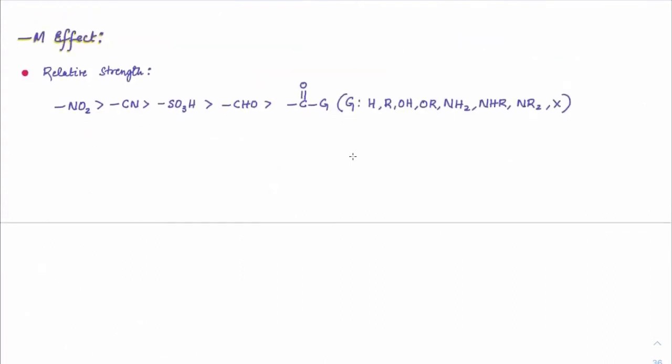Now in case of minus M, again we'll check strongly withdrawing groups here. So NO2 is strongly withdrawing, then cyanide, then SO3H, CHO. This is very much experimental. We cannot discuss more on that. I would suggest you only remember these four: first, NO2, cyanide, SO3H, and aldehyde. After aldehyde, you will have acids and everything else, ketones, acids, everything else. But these four are important in terms of the minus M effect.